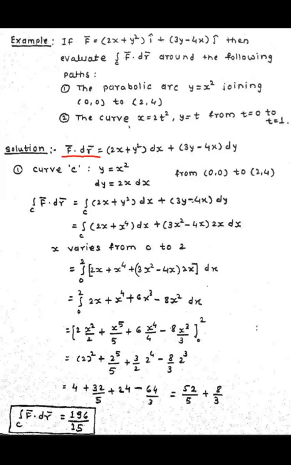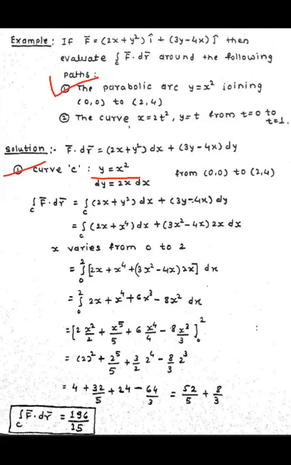So it is f1 dx plus f2 dy. After writing this, you can easily take the integration of this f bar dot dr bar. So take the first curve, the parabolic curve y equals x square. Student, the first way is to express the line integral in one variable.